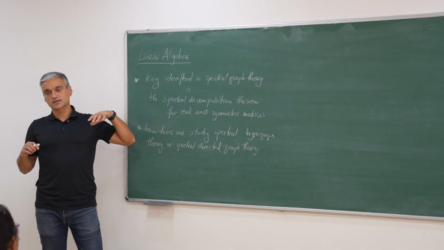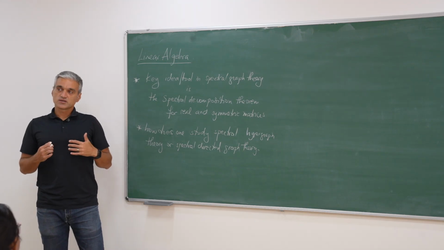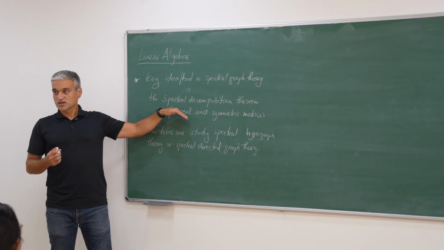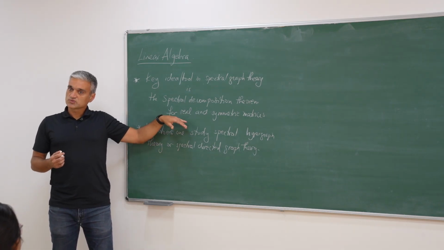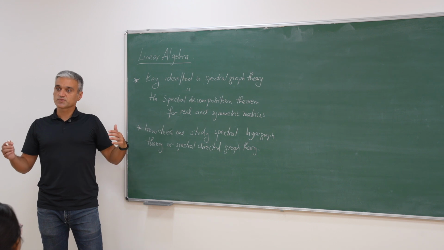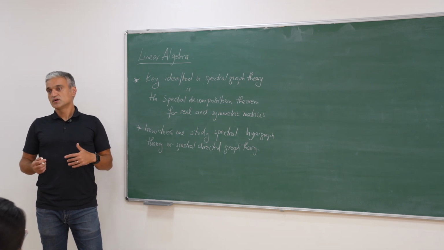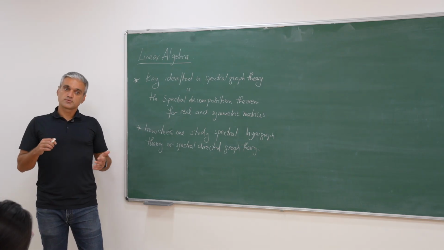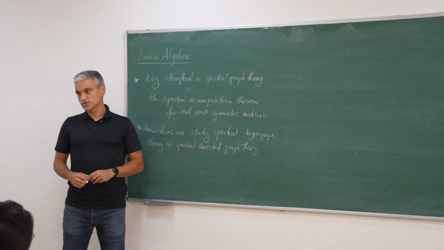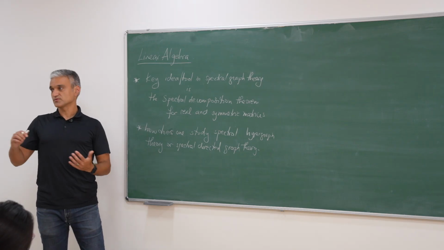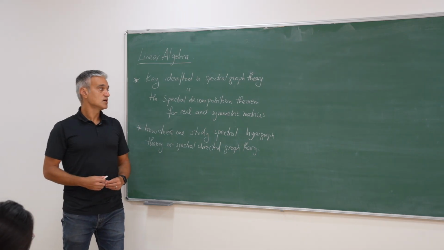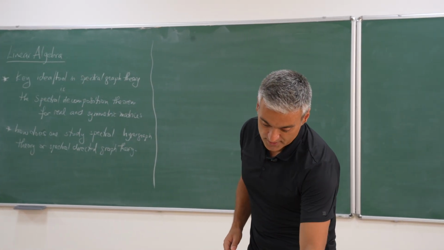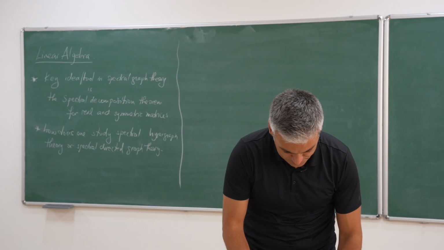So that's why today, when I tell you about real and symmetric matrices, I'll give you two ways of looking at it. One, I will give you a proof of the spectral decomposition theorem, which is just for the case of real and symmetric matrices. And then I'll put that into a more general context. There are several spectral decomposition theorems in linear algebra for Hermitian matrices, or for normal matrices. And those are the approaches that people have taken when trying to extend some of the work from spectral graph theory to these new realms. Okay, so this is just some introductory stuff, to set up the main ideas.